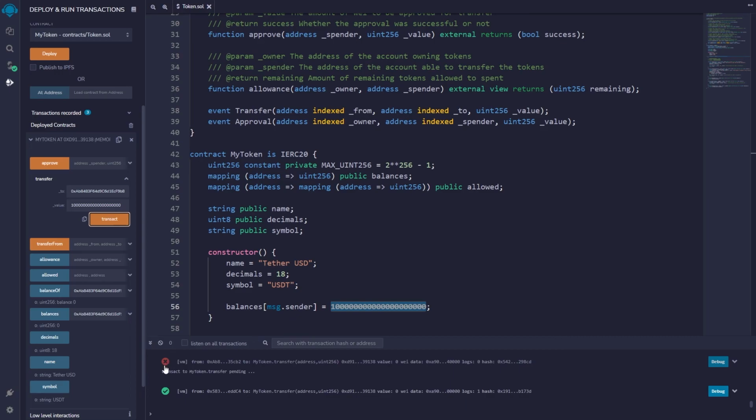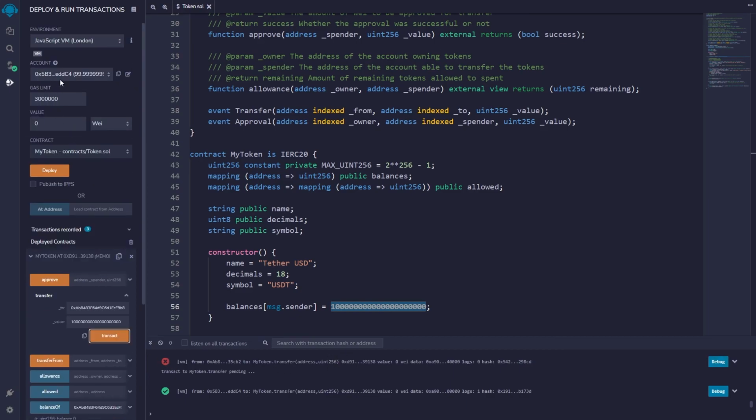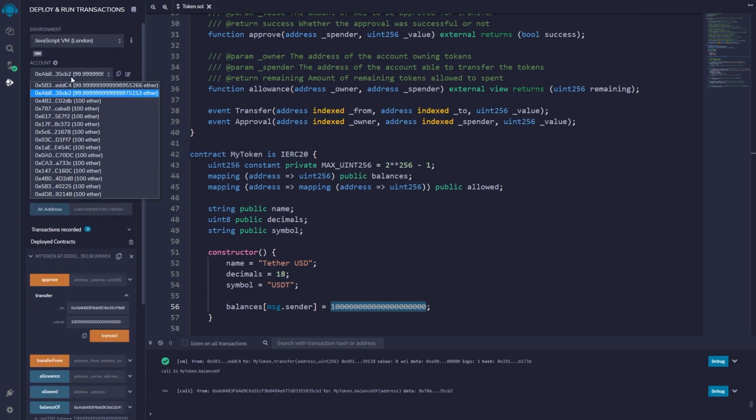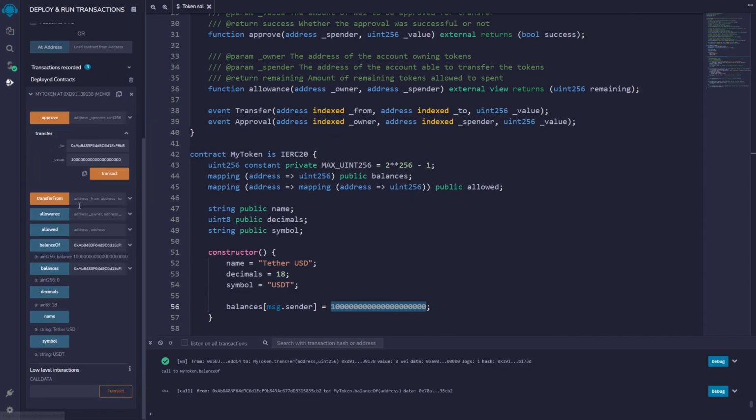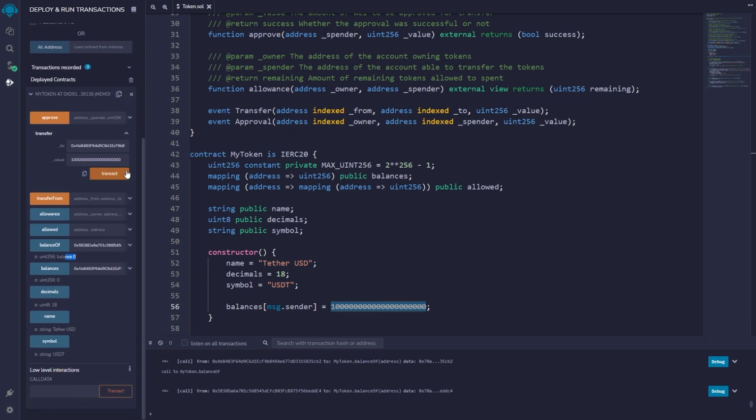So as you can see, if I don't have enough tokens, we have an error. Now I sent some tokens to my second address. Let's go to that address. Let's copy the address of that wallet, and let's get our balance. As you can see, we have some balance, and the balance for our initial user was decreased. So let's copy it here. As you can see, 0. We don't have anything. That's how it works. That's the simplest implementation of